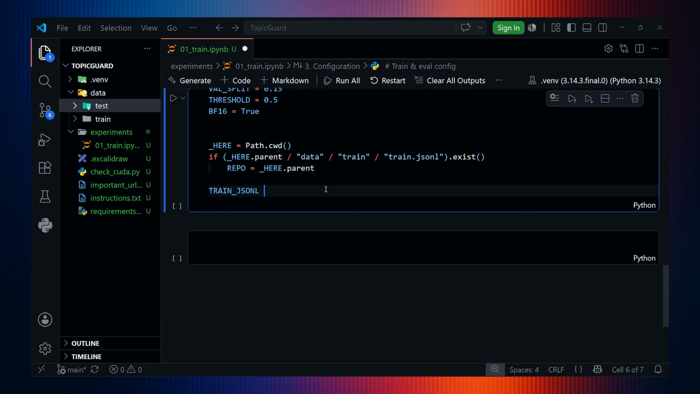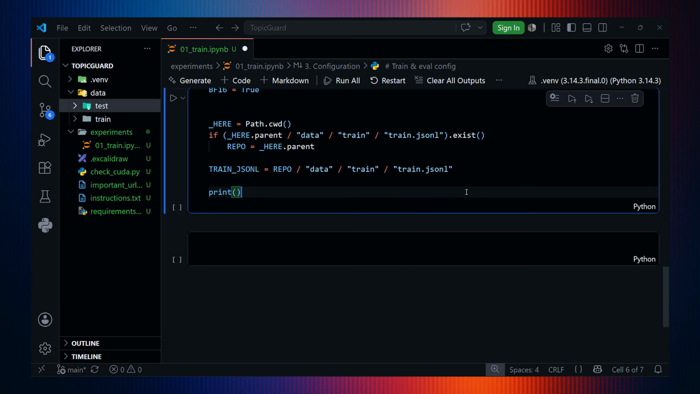Okay, JSON-L path. So JSON-L path will start from repo slash all these things from the data train JSON-L, only if this is present. Okay, so repo slash data slash train dot path. So let me print a few things. Let me print things like